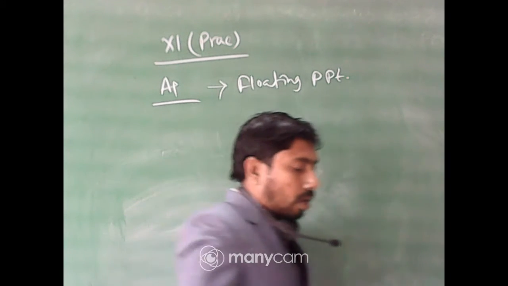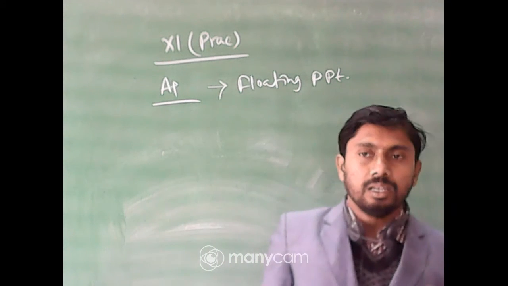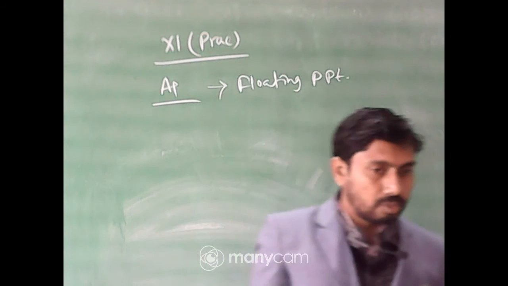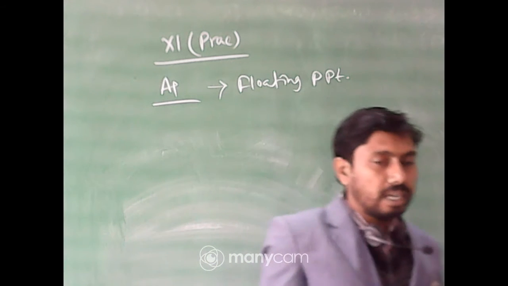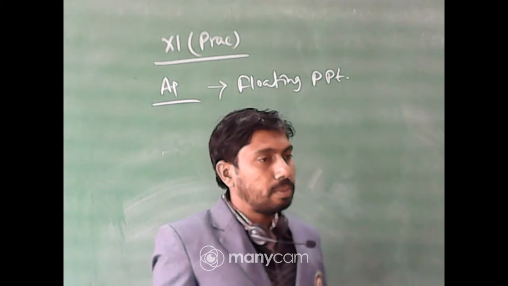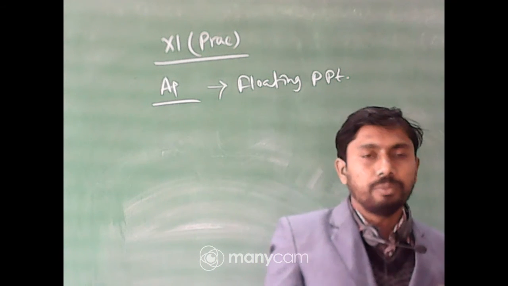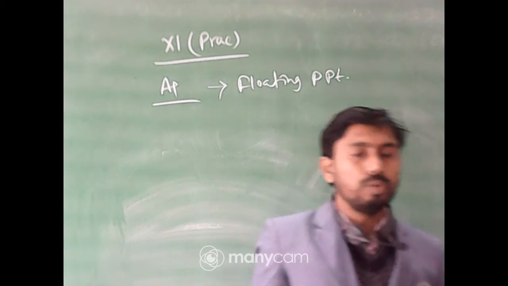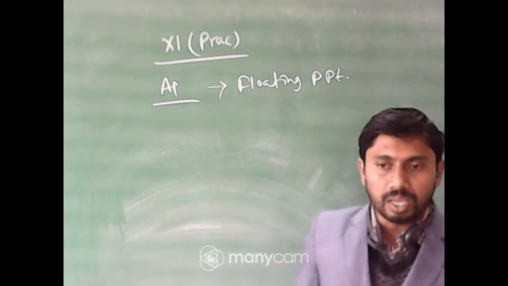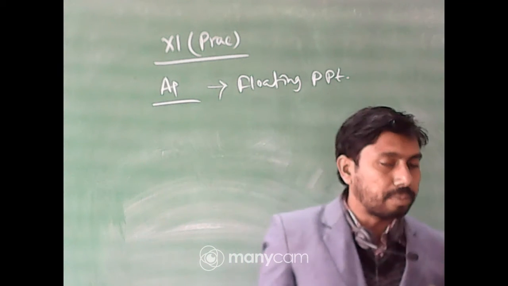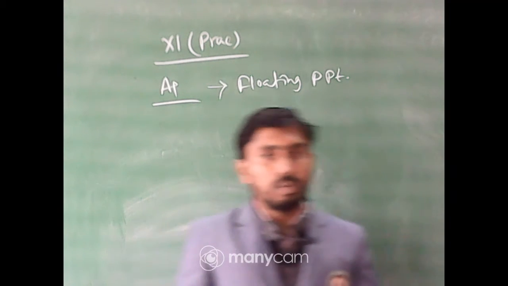Now, the general procedure: first of all you have to prepare the solution, and then use the group reagents. The group reagents here are NH4Cl and then NH4OH, and after adding that the PPT will come, and this PPT will be dissolved by HCl. So, HCl should be added, and then we have to use the litmus. First, blue litmus will be added to the precipitate, and then we will add HCl. Again we will add NH4OH after the addition of HCl. So, this will prove that.